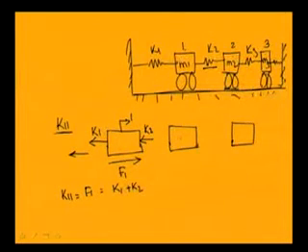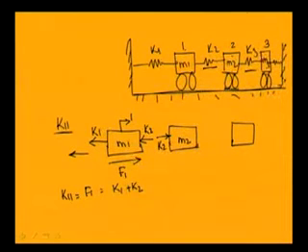And now, let us see the second mass. As the displacement of the second mass is equal to 0, the spring K2, due to the unit motion of mass 1, will compress mass m2. So, it will exert a force K2 on this mass m2, and as there is no motion of mass 2 and 3, the K3 spring will have no motion. So, it will not exert any force. So, the total force acting on m2 equals K2.